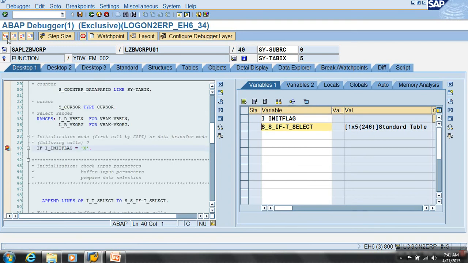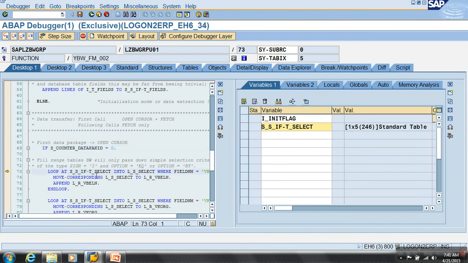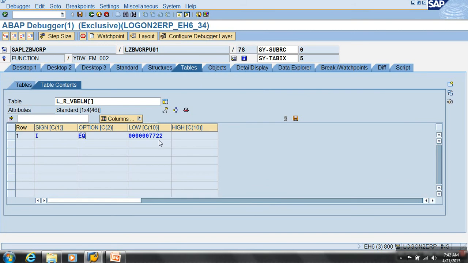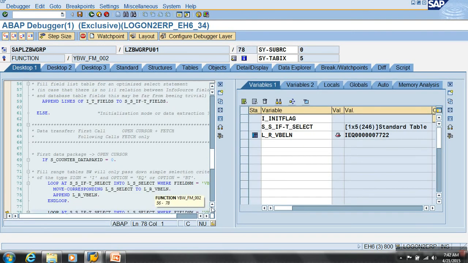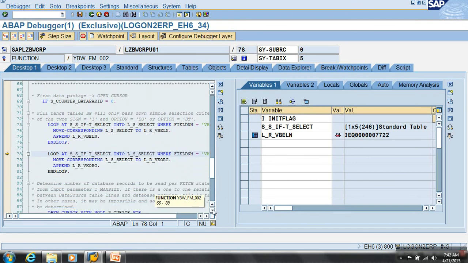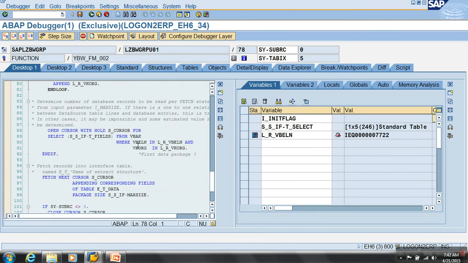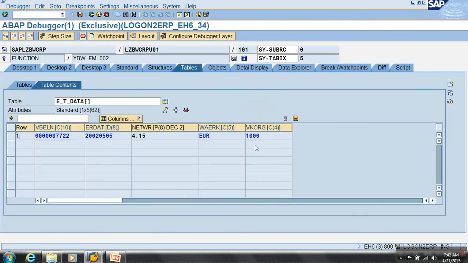Again it comes in for extraction. It loops through all my selections of V balance, which should be filled into this range variable, I equal to 7722. If my selections fill into the range variable, then while opening the cursor, it will place that. We are going to use this in the where clause. Select from this where we run in this range variable. It will fetch. Since there is only one record, it will fetch one record, and that gets out.